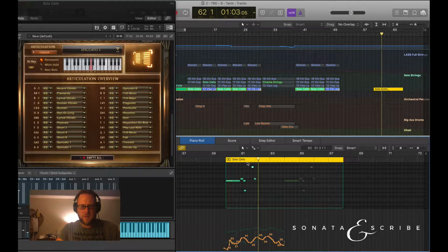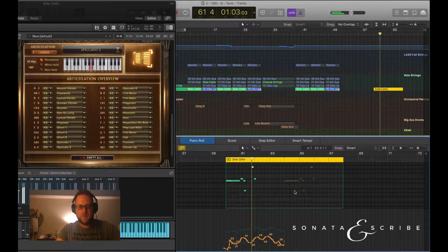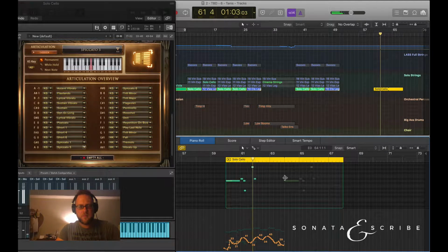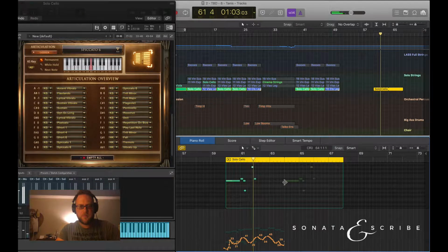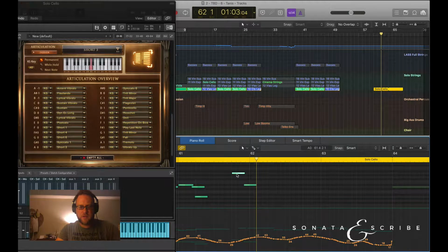Let's try spiccato 1 just to hear what that sounds like, and we'll just listen to that one note. So I almost want this to be a lift, da da da, like that, going back down to that lower note. This is getting better. A little bit lighter on the touch there, but maybe not what we want. Okay, that's pretty nice. I like spiccato 3 quite a bit. I think we already trialed spiccato 4. Spiccato 5, let's see what that... A little too short for me. Very short. Okay, so I'm going to go with 3,